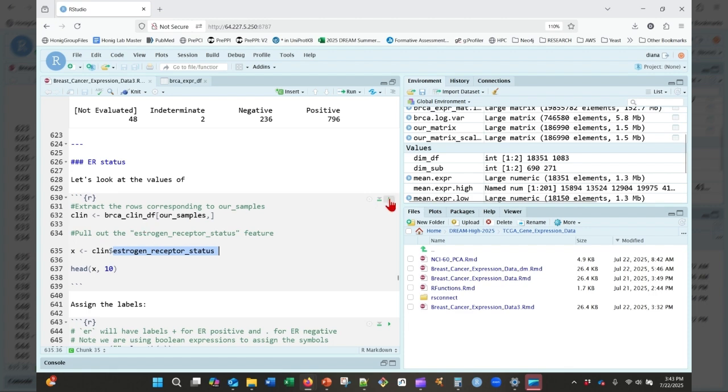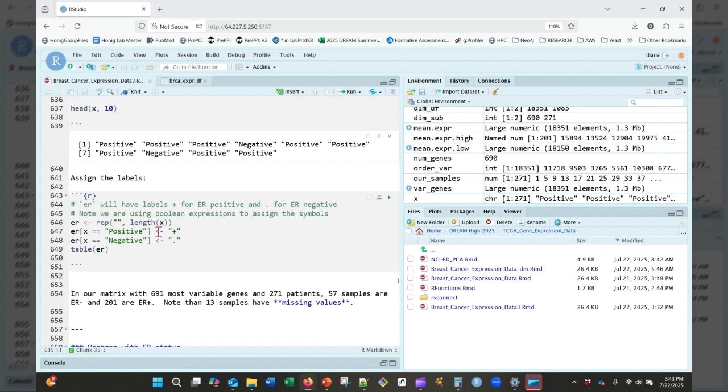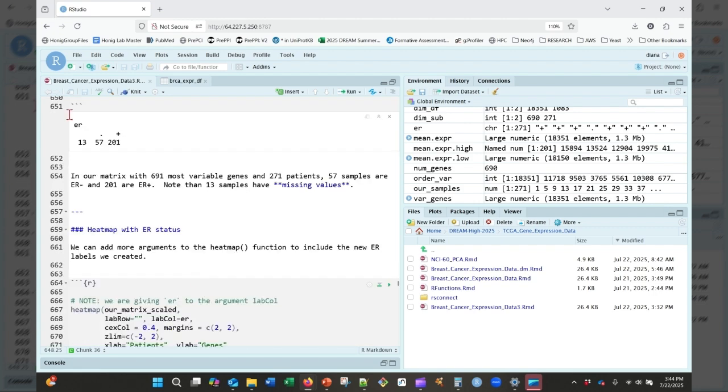So let's take a look at that. All right, so we have positive and negative values. And we can't put positive and negative under the columns of our heat map as it's too large. So we're going to substitute positive for a plus sign and negative for, we'll just use a period sign. So if we do that, now we have a little table for ER where we have 13 null values or missing values, 57 negative, and 201 positive values. So we can take this new object, ER,